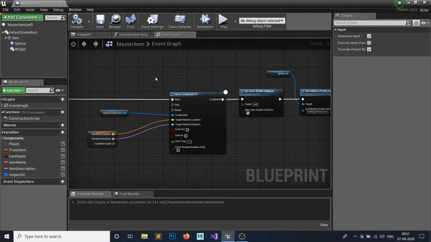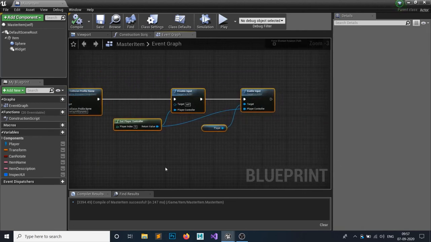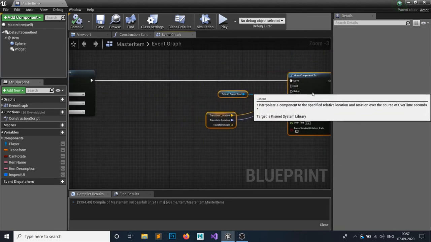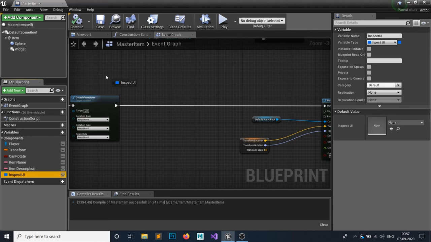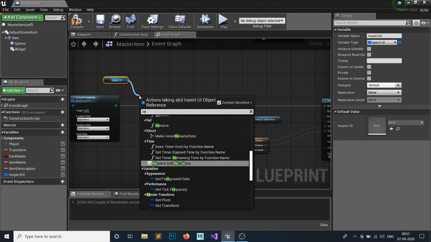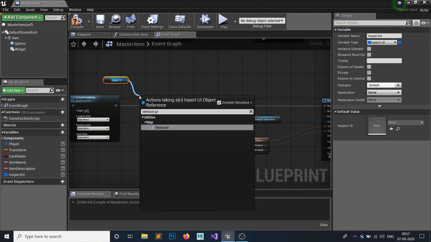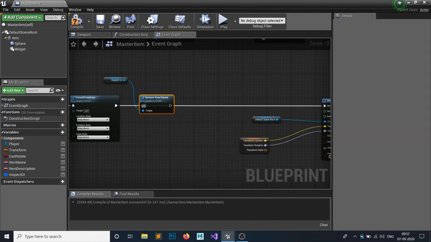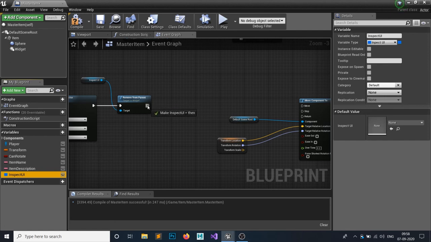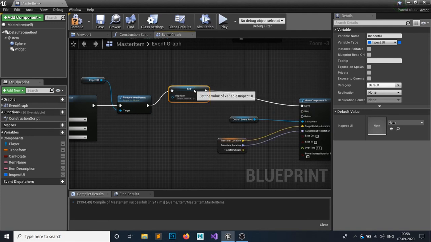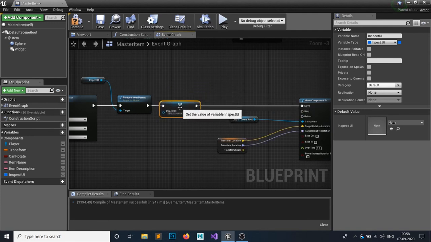And whenever we detach it on your event interact node, what we have to do is remove that UI. So just make a room here and just grab this inspect variable and remove from parent, and attach it to here. And before doing so, make this inspect UI nothing. So set to nothing, so it will be set back to none. Make sure you do this, it is very important, otherwise it won't work. Compile and save. So let's test this out.